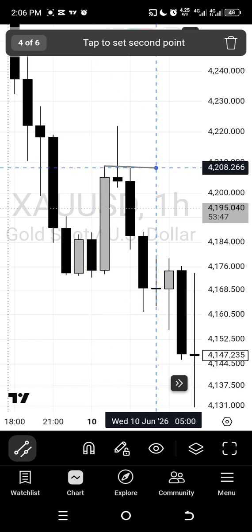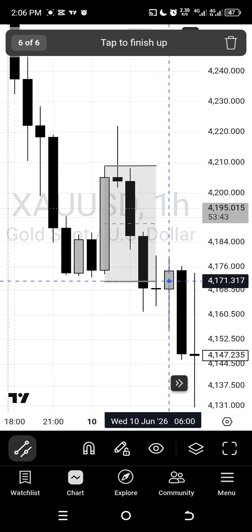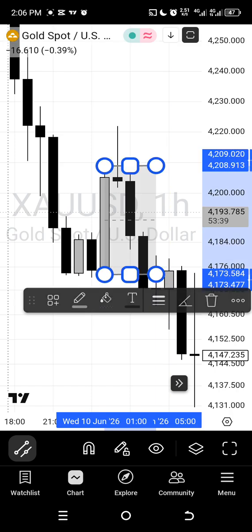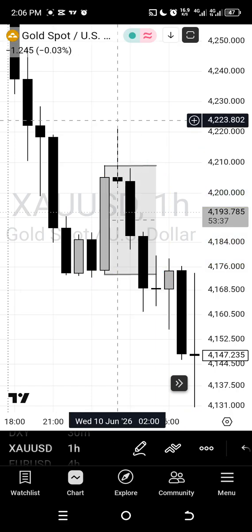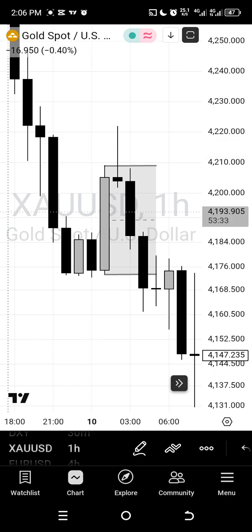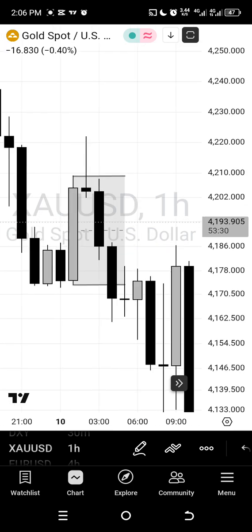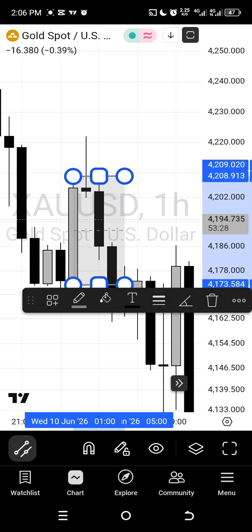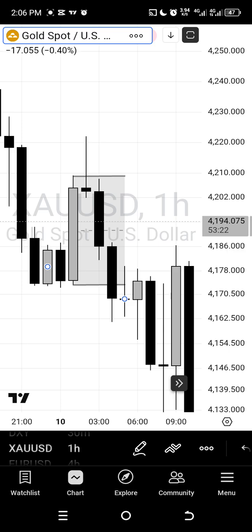Right? And we got this CRT high and the CRT low. 50% of the CRT is almost our first target. Okay, you can see that this particular CRT wasn't on a 4-hour key level, right? Okay, based on that, what you could do is you go to this particular trading range and then you go to the 15-minute time frame,